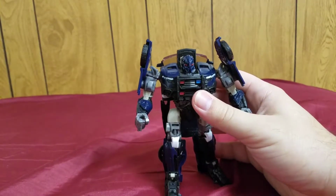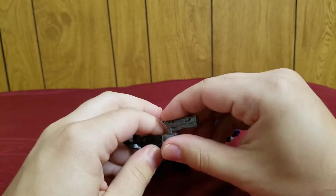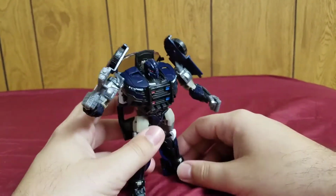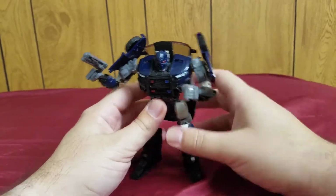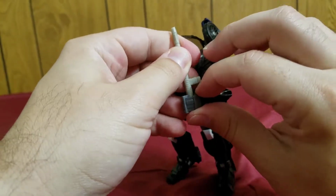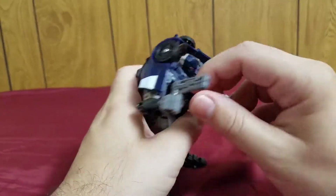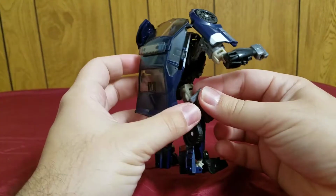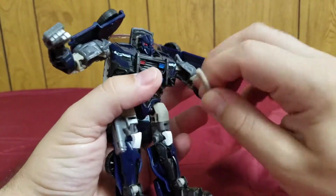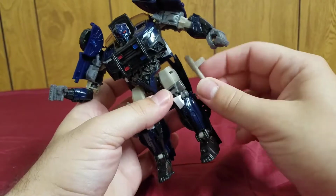So then to his weapons. First, this pistol he can hold in his hand. Whoops. I also like that they're going full on evil cop. I like that they're going with the whole cop motif all the way, because they give him a single pistol and a nightstick, which is really nice. I like that he has that, and he can holster them. In the same notches that he can store in robot mode, you can actually have him holster his pistol, holster his nightstick,